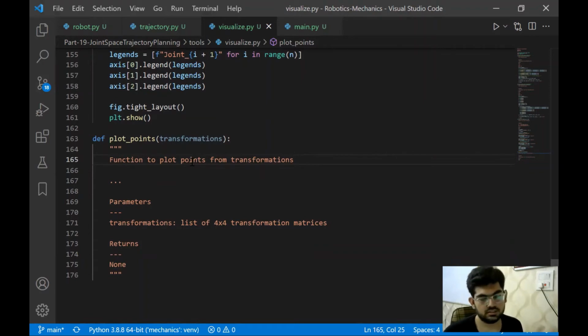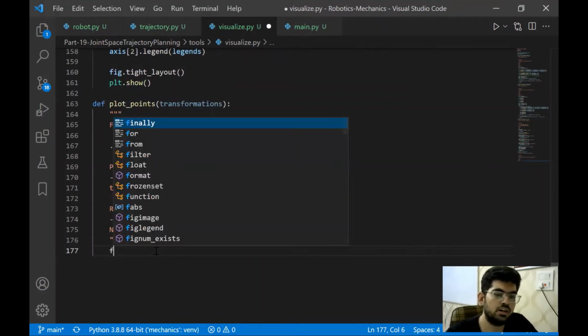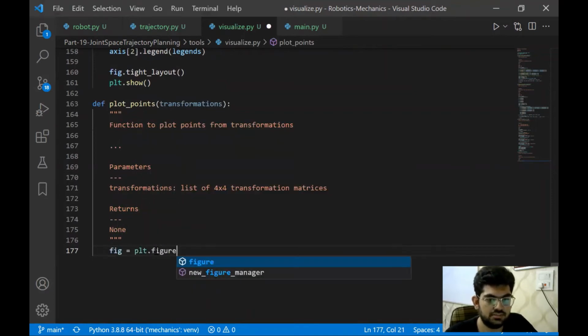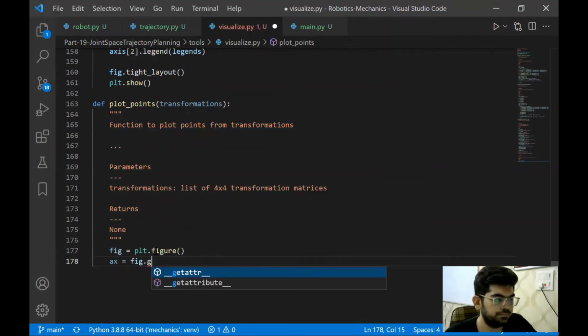For instance, if we have a 3 degree of freedom robot, wherever the end effector is pointing, we are just going to plot the position of the end effector at all those points and see what the final trajectory looks like for the end effector only. For that, we are again going to need a 3D graph and scatter points, where we plot a point in a 3D graph. So that's the overall picture of how it's going to work.